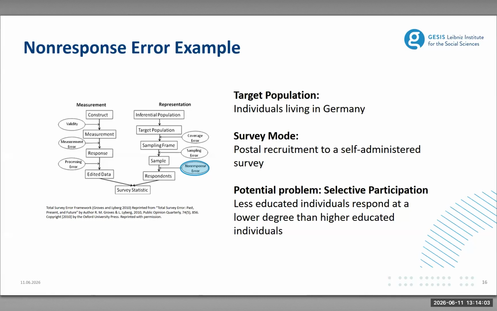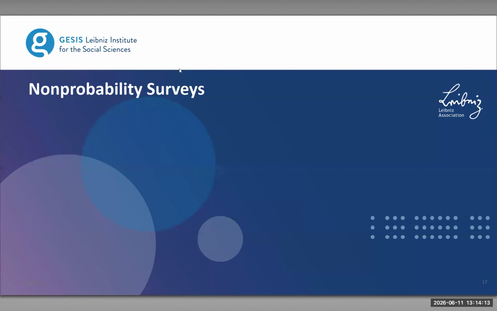We know that certain groups are underrepresented, and we know that we might be able to compensate for their loss by weighting techniques. The total error framework is defined for probability surveys,